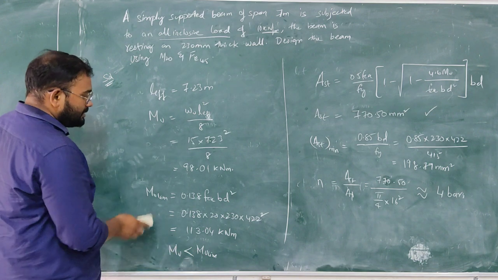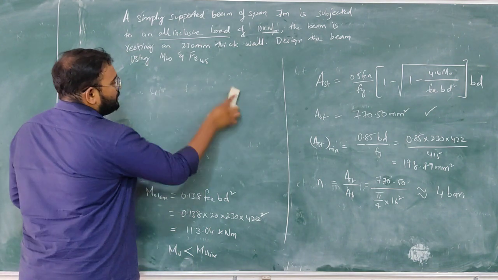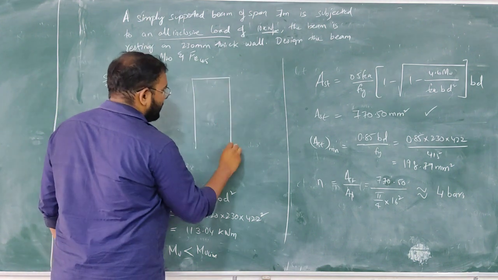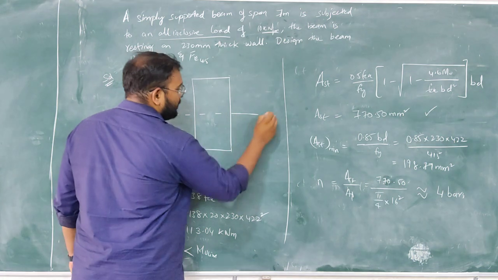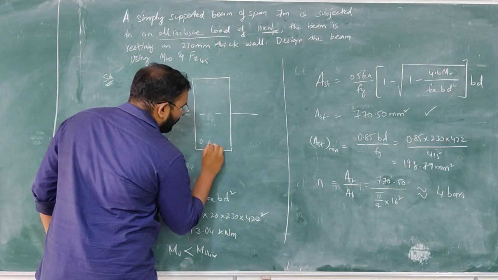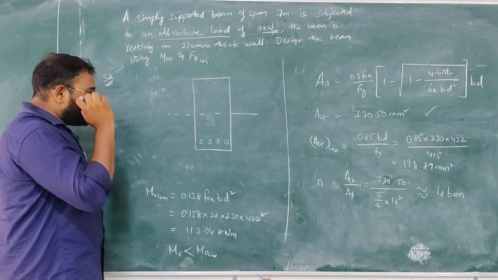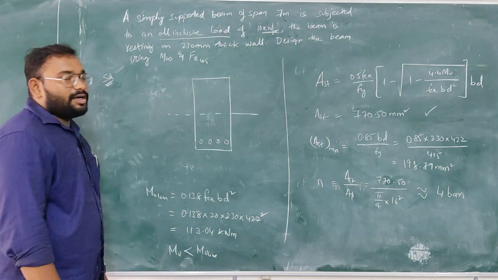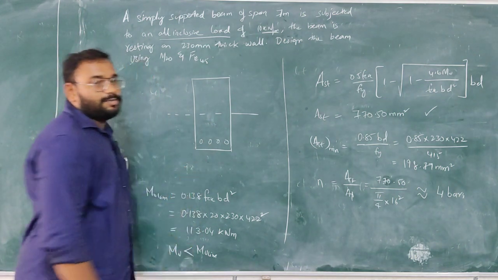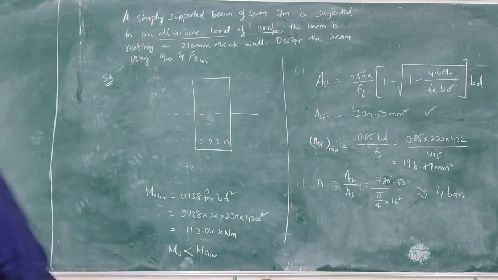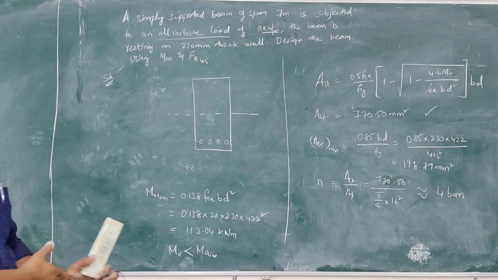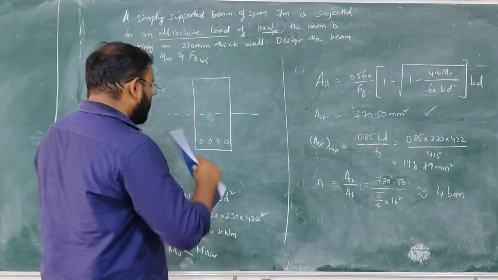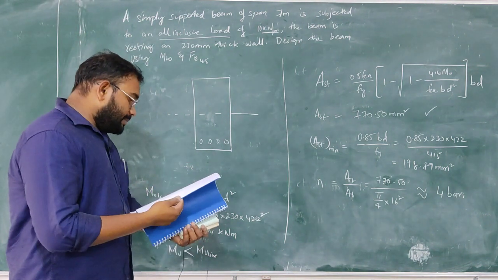Okay, now the last step is you need to draw the diagram here. So in the diagram, where is the tension? Tension is below the neutral axis. So these are 4 bars of 16 mm diameter. Suppose you cannot accommodate these bars here. Always remember, the code has given 2 conditions for spacing of these bars. The code book has given you some conditions to provide spacing between the bars.